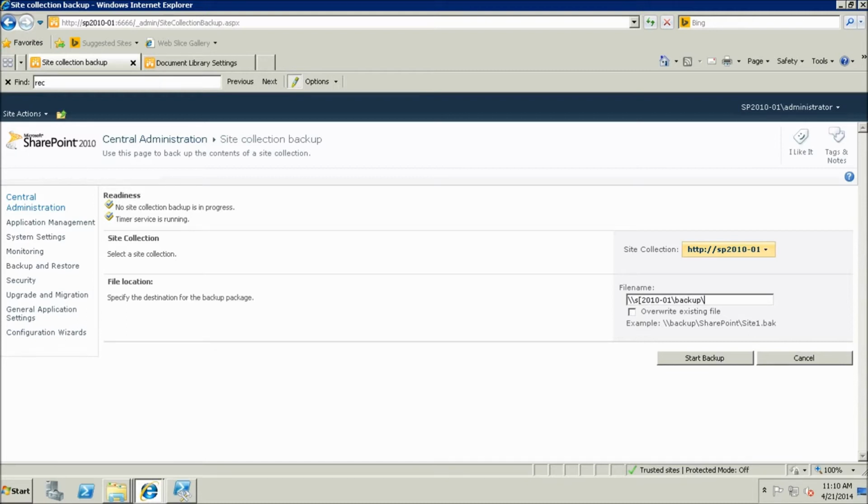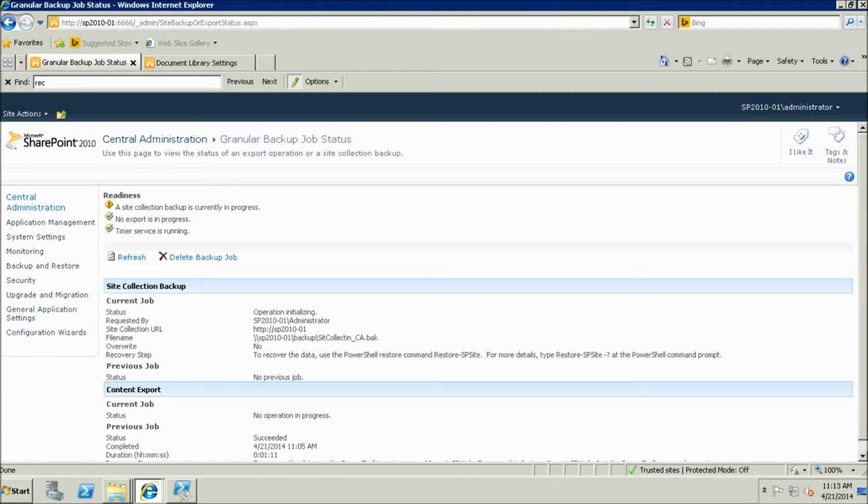and a file name like site collection, and I will give it an indication like CA, as central administration, to distinguish it from the PowerShell backup. I will make it after that and back. Okay, I can also overwrite the existing file if I check this. Okay, start backup. This screen is refreshed automatically, and you will find your backup files